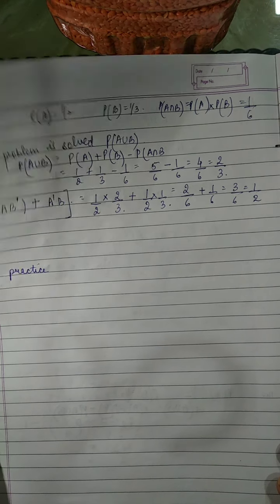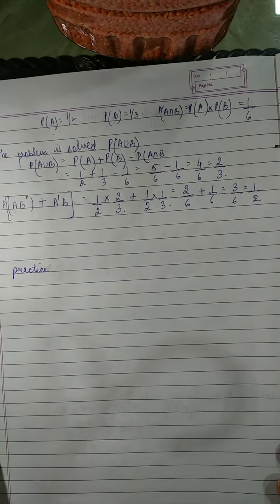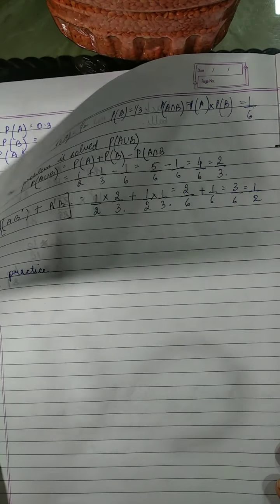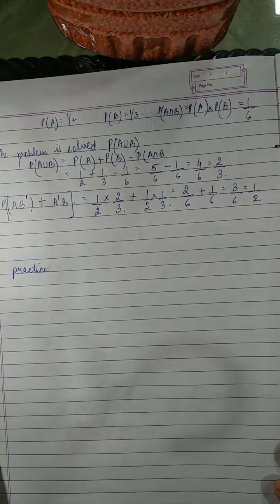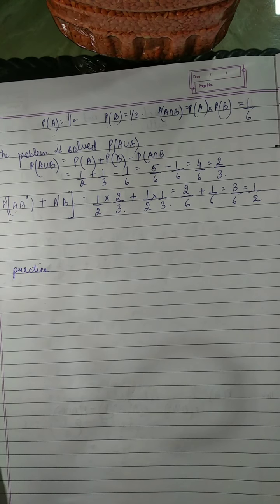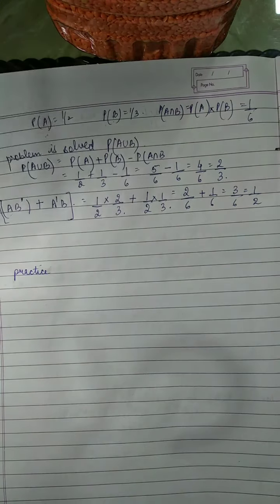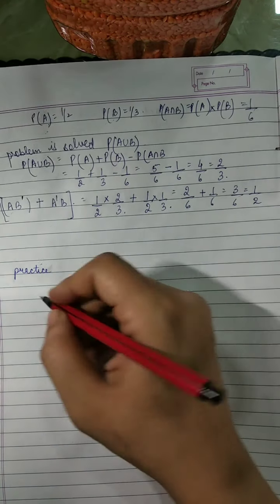In a hostel, 60% of the students read Hindi newspaper, 40% read English, and 20% read both Hindi and English newspaper. A student is selected. Find the probability that she reads neither Hindi nor English newspaper. Okay, so in question number 16, we have in a hostel, 60%